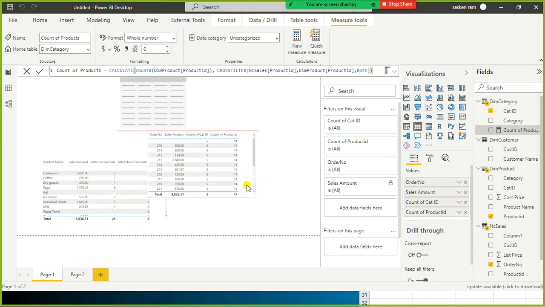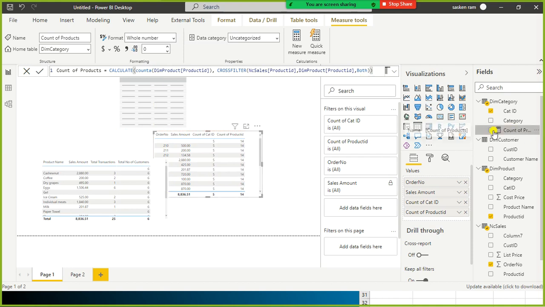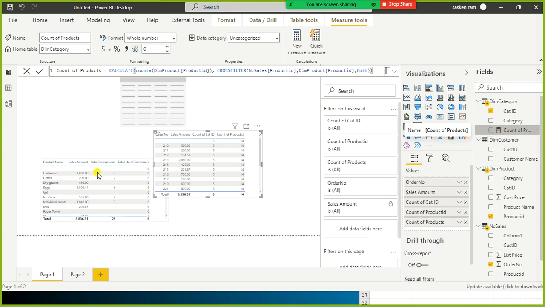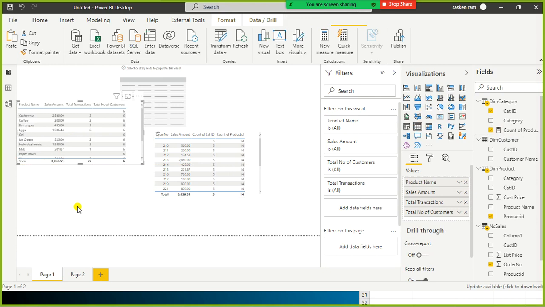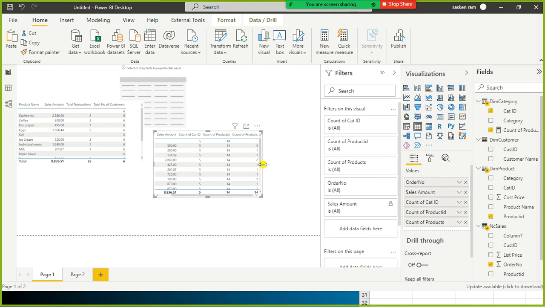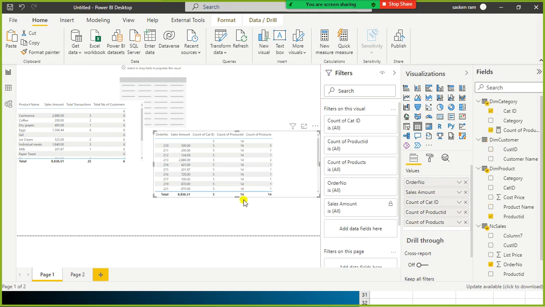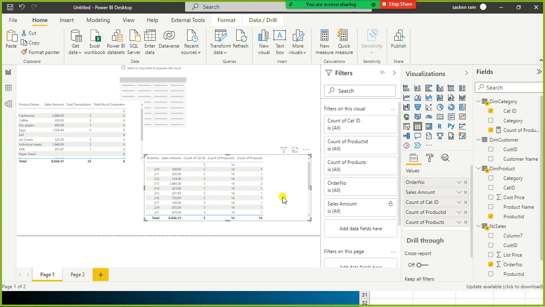I created it here. Sorry, I should have, okay, anyhow, not a problem. Okay, it is doing it correctly, isn't it? It is doing it correctly.